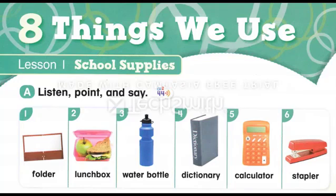Page 66, Unit 8, Things We Use. Lesson 1, School Supplies. A. Listen, point, and say. 1,